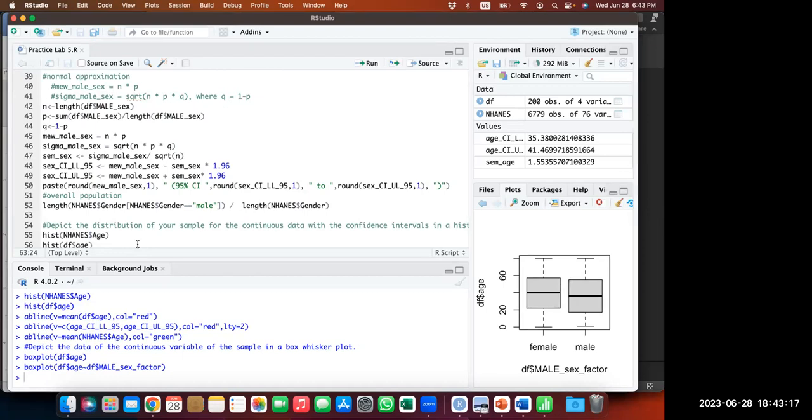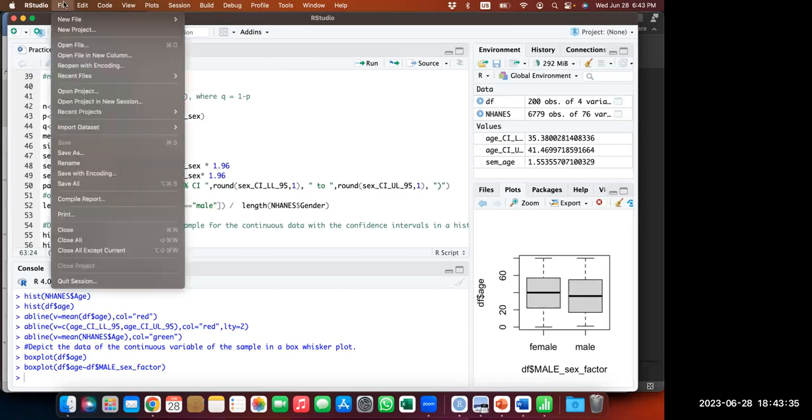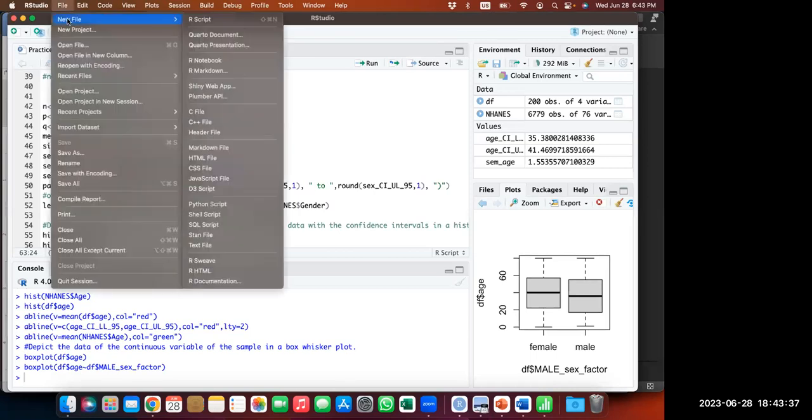You can utilize in R a particular function that is called Markdown. It's in R and it's easily started by going on new file. And there's something that can be selected, which is R Markdown. If you do this,